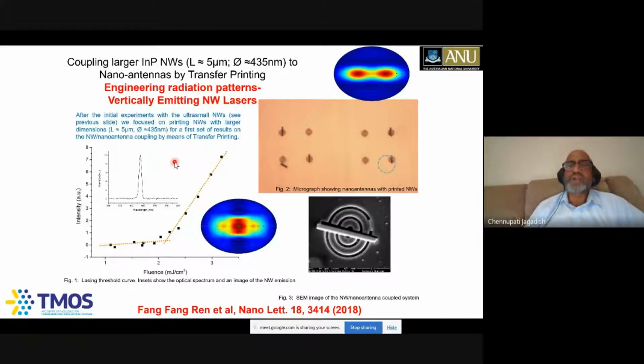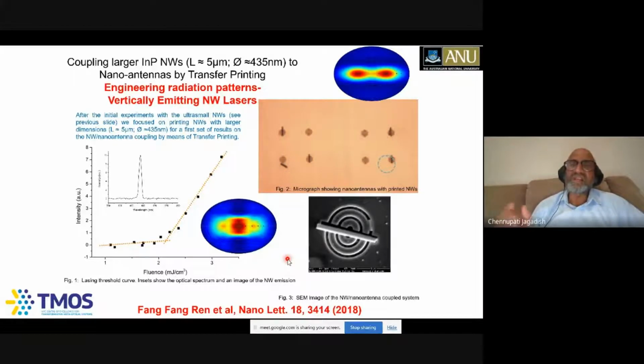So now we can see, depending on what applications you have, if you want to couple the light to an optical waveguide or an optical fiber, you make use of these edge emitting lasers and couple the light efficiently. But if you want the light to come out of the surface of the screen, for example, vertically towards you, then you end up using these vertical emitting lasers, for example, for meta optics applications or also for facial recognition applications and a range of applications. So depending on what you want, you end up designing and then fabricating a particular kind of laser.